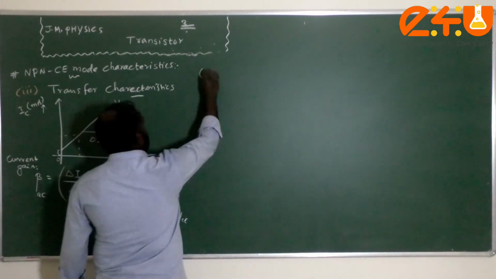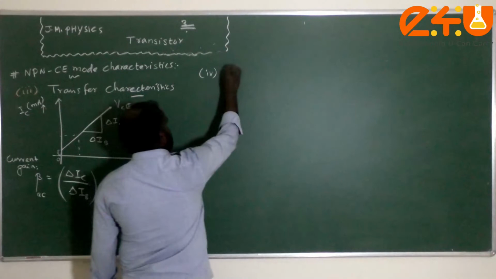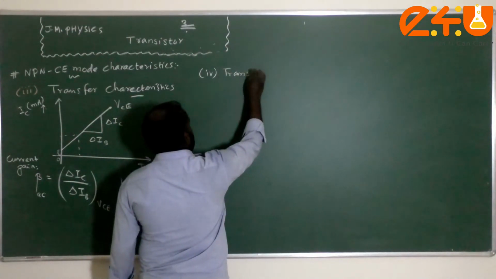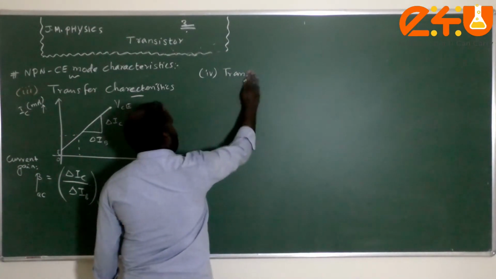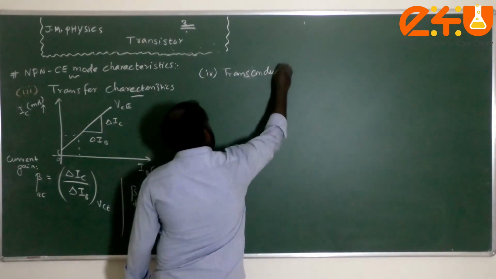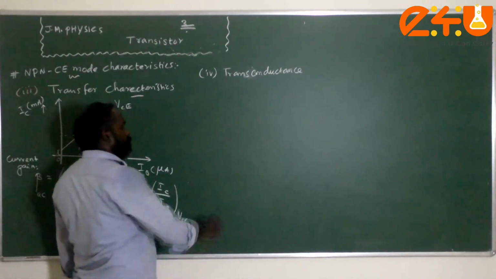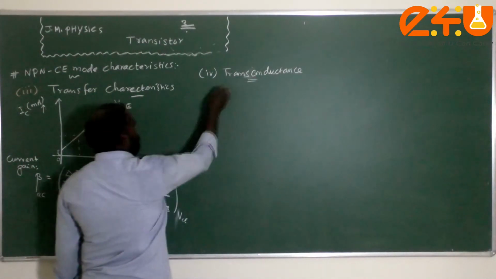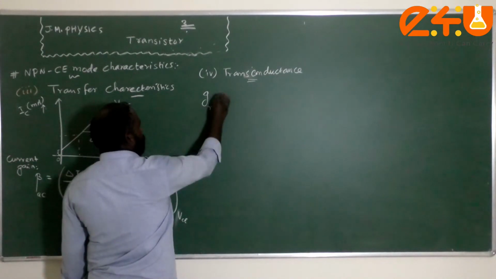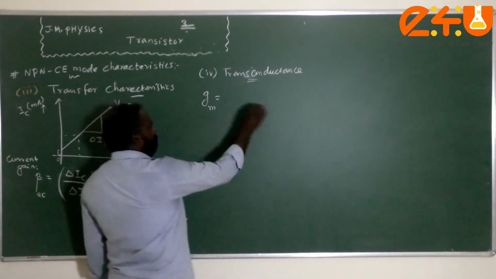The last one in the characteristics study is the transistor transconductance. So what is transconductance? It is generally represented by a small gm. That is nothing but